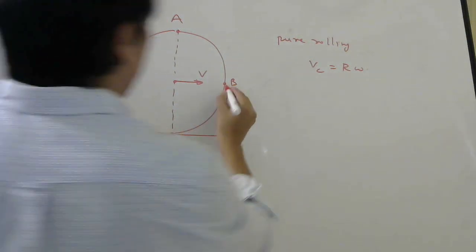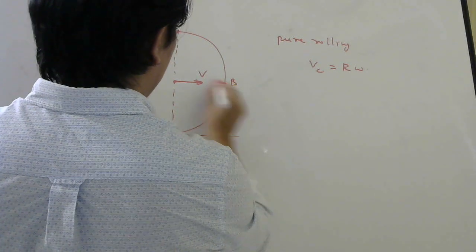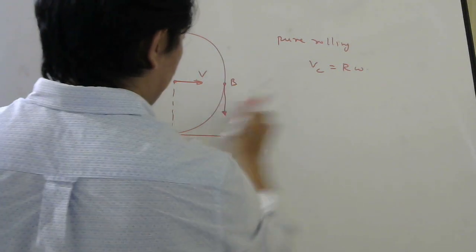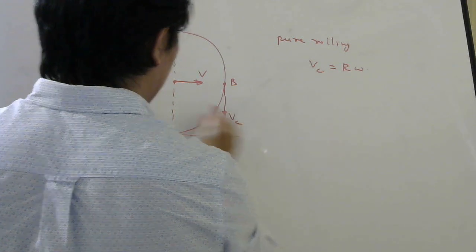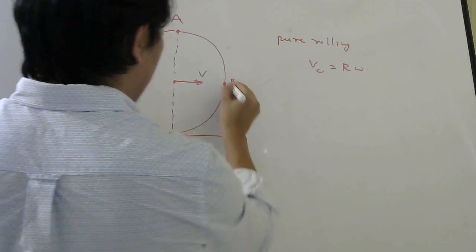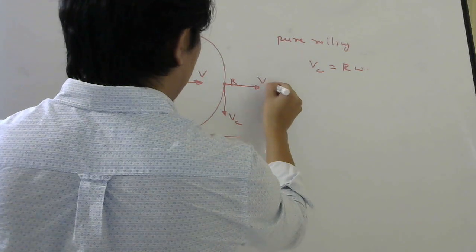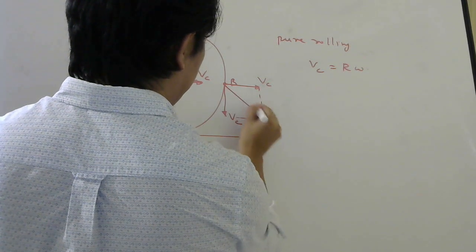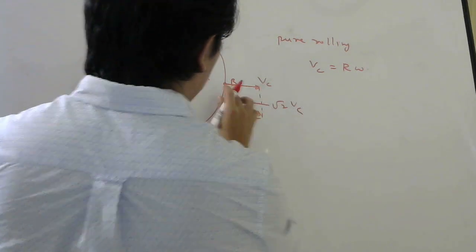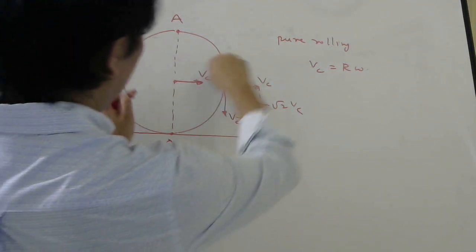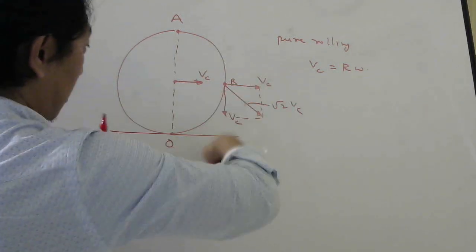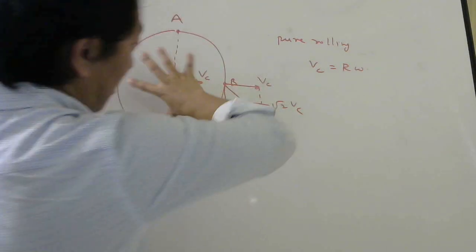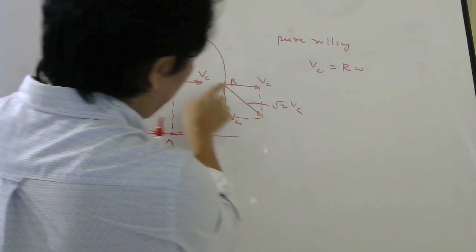Okay. So what velocity this point has? I told in center of mass frame, this point will have a velocity r omega this side, but r omega is Vc. So here one Vc, and you have to add with this Vc velocity of center of mass, that is Vc. Let me add Vc here. Okay. So resultant velocity is here, which is root 2 Vc. So this particle, when you see from ground, will not go here. It will go there. That is because the body is not rotating like this. It is rolling like this. Okay, this body is rolling like this. So this point will go this way.